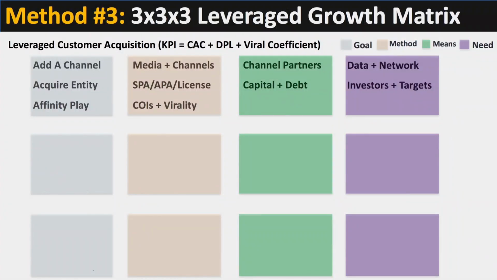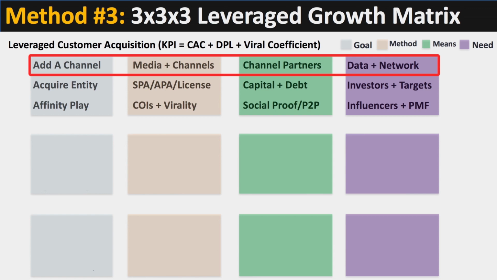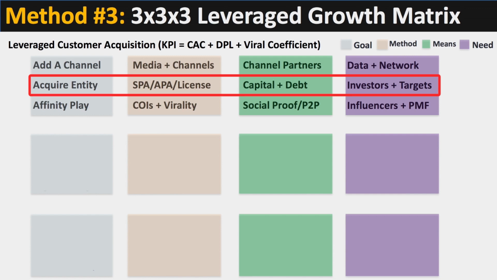What's cool about that is that when you go to a center of influence, you get instant virality because as they start to promote you and you integrate yourselves with them, everybody starts talking about you. Okay? All you need for that typically is social proof. You can also pay to play with a lot of those, so you can offer those people referrals if there's not enough value inherently. And all you need for that is access to those centers of influence, and to be sure that you've got product market fit in your business. So that's 3 really quick ways to add a ton of customers to your business. Just go to a different marketing channel that you're not already in, that they're already looking at, acquire other businesses that have them, and find those centers of influence.